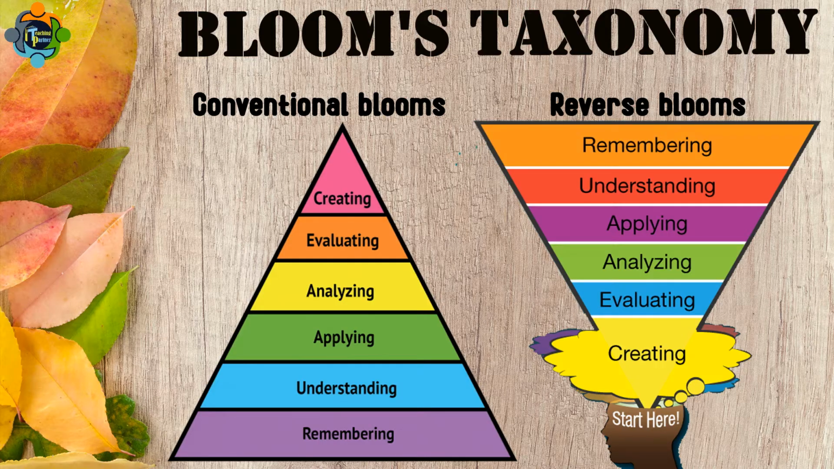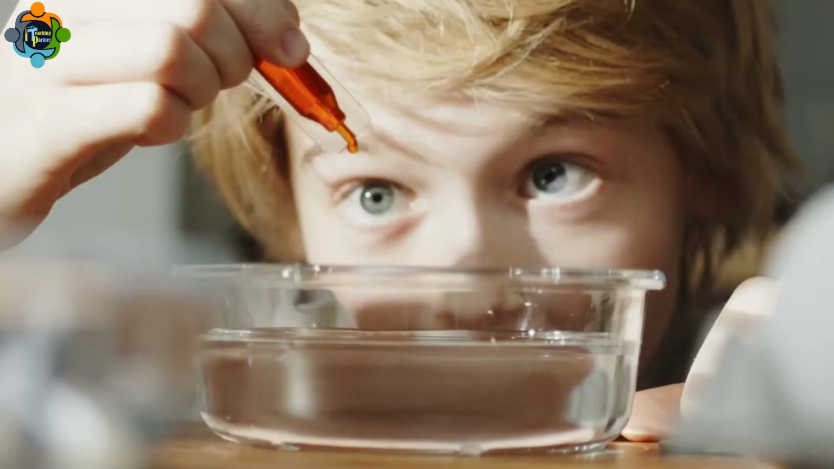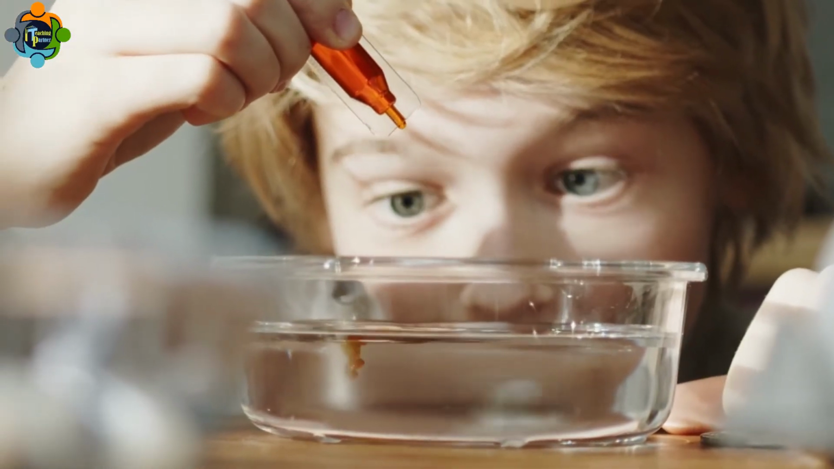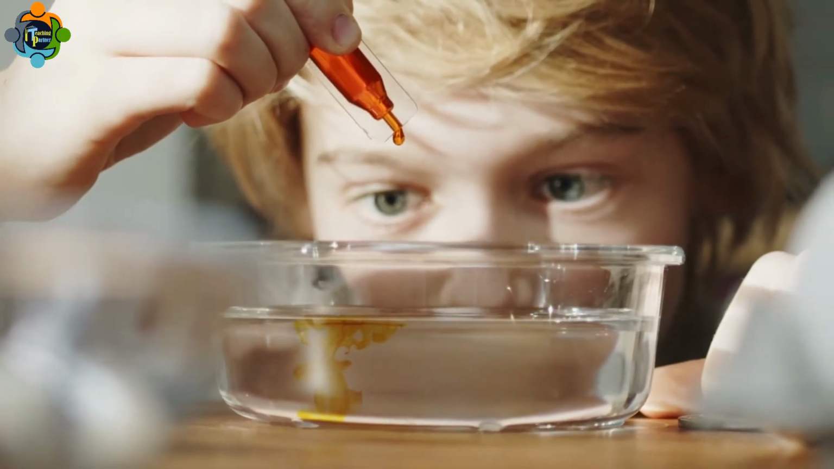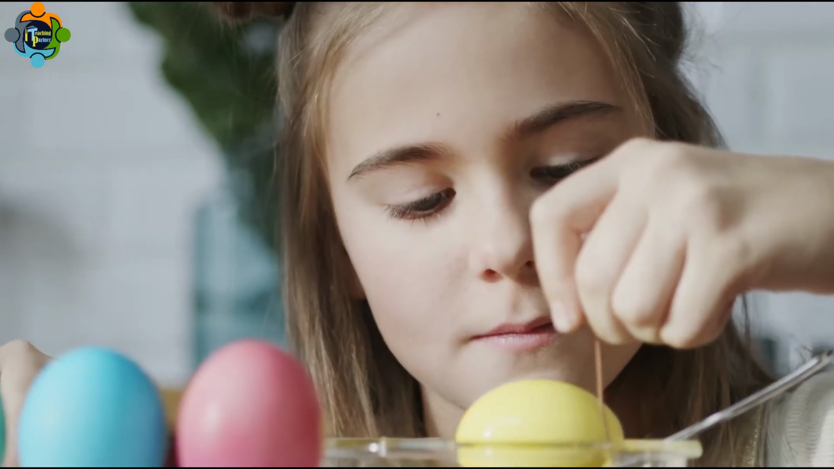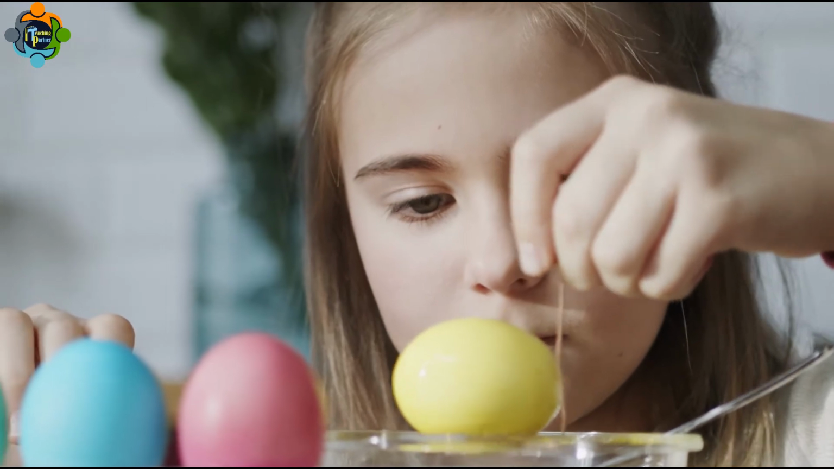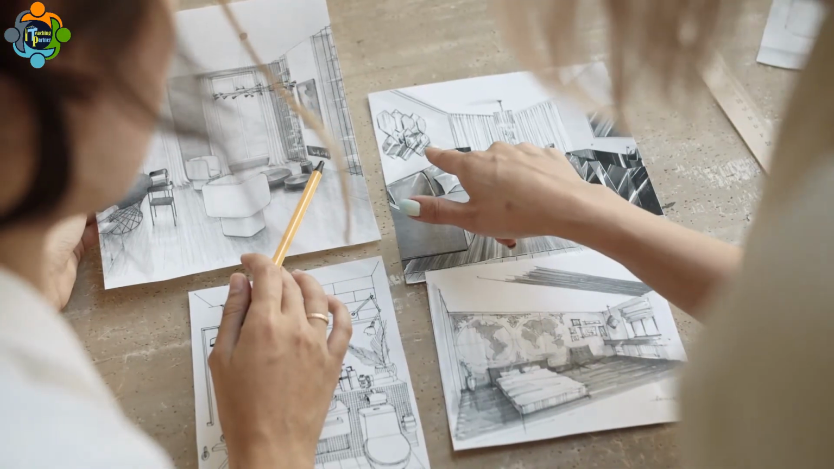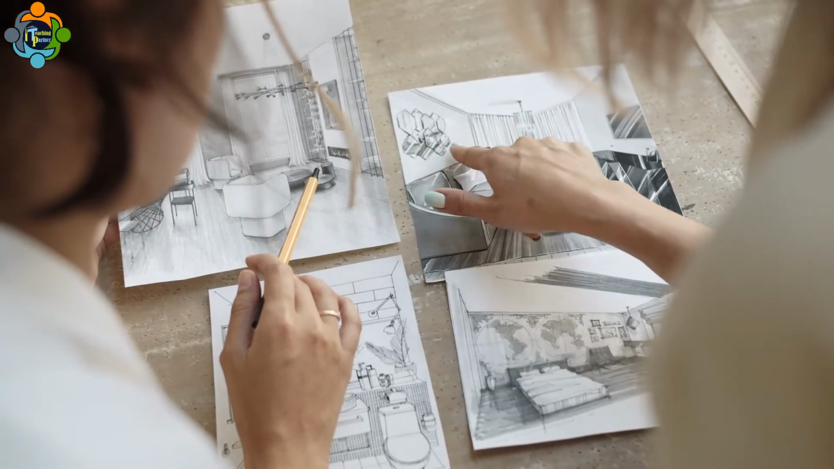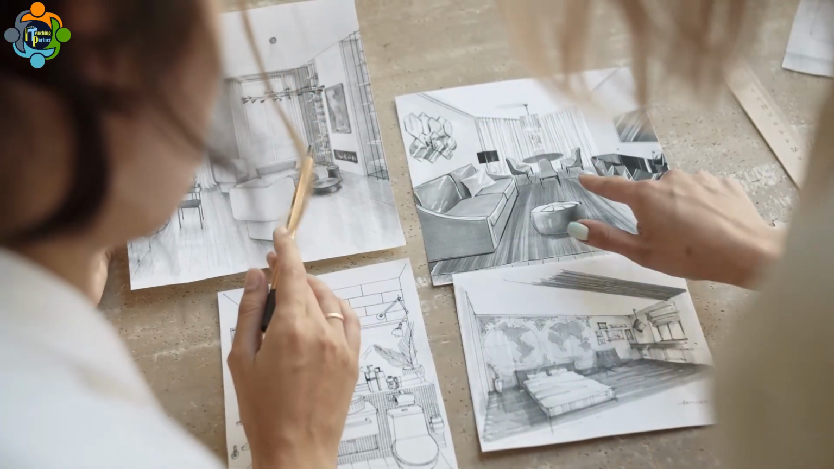The Reverse Bloom's Taxonomy flips the conventional approach on its head by starting with the creation level and working backward towards basic knowledge acquisition. Proponents argue that this approach fosters creativity and critical thinking from the very beginning, sparking curiosity and engagement in learners. By encouraging students to explore real-world problems and develop innovative solutions, they become active participants in